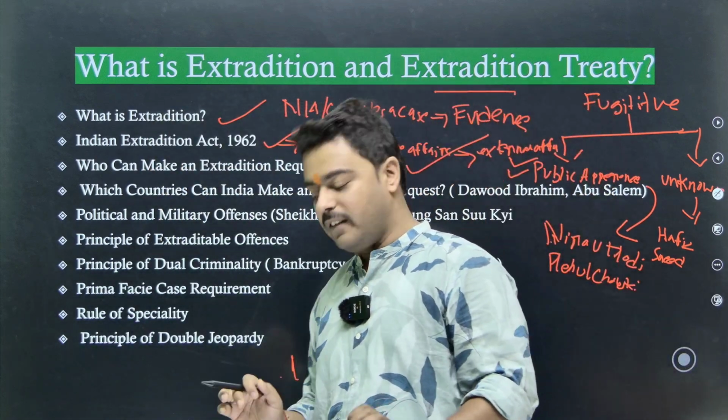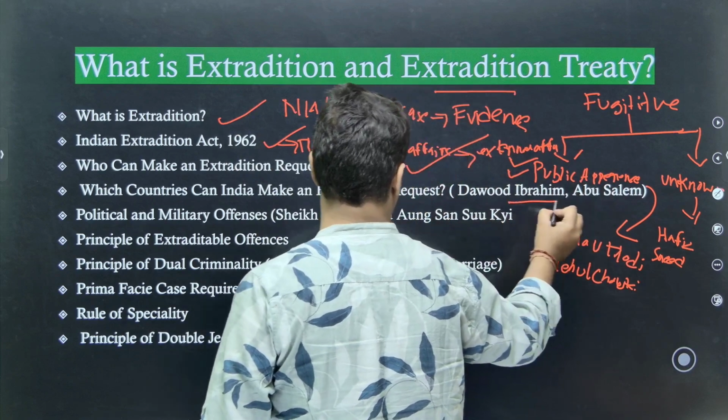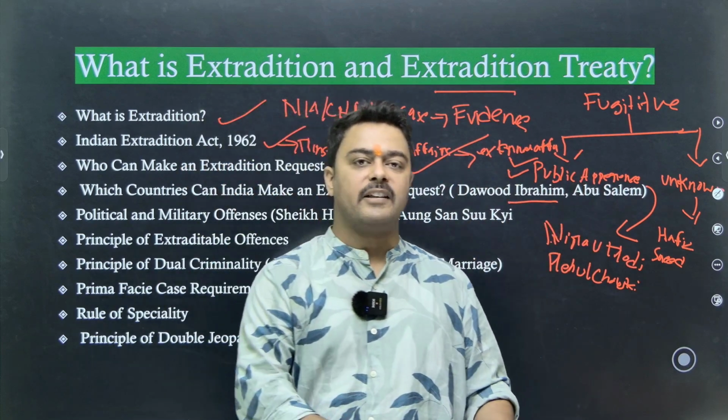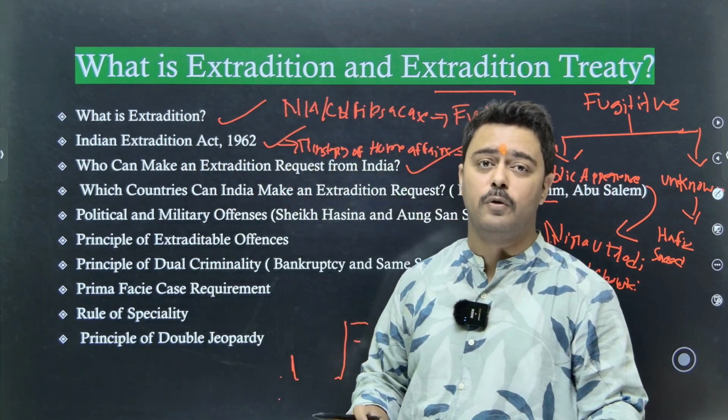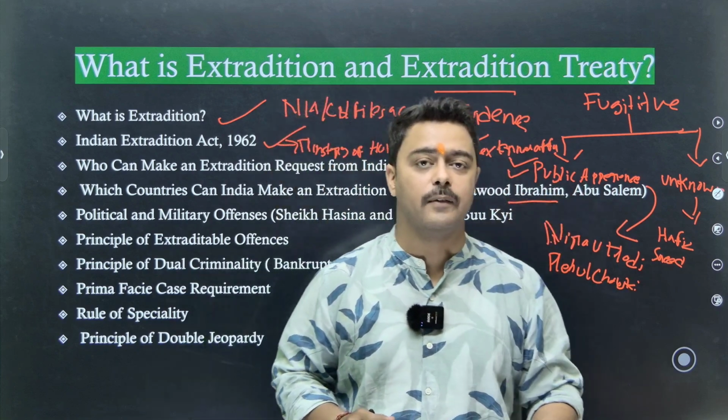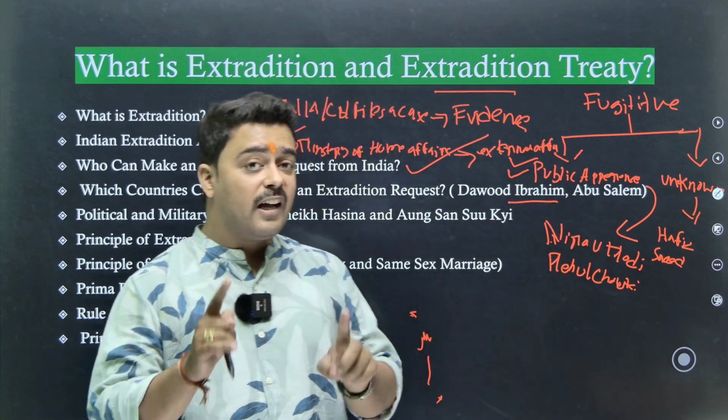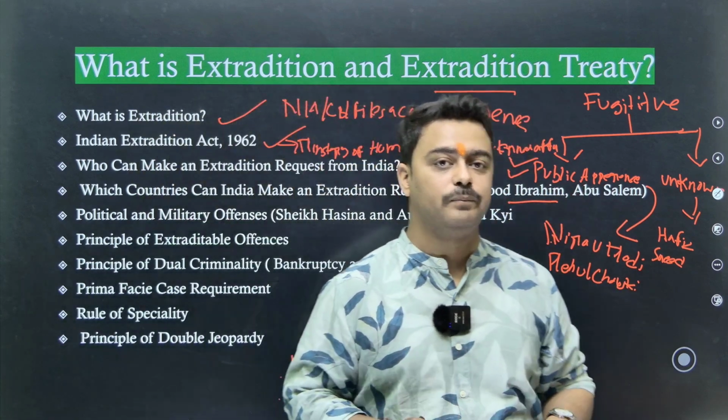Now let's understand with this example. Dawood Ibrahim is supposed to be in Pakistan or UAE. He doesn't have a public appearance. Because India doesn't have an extradition treaty with Pakistan,